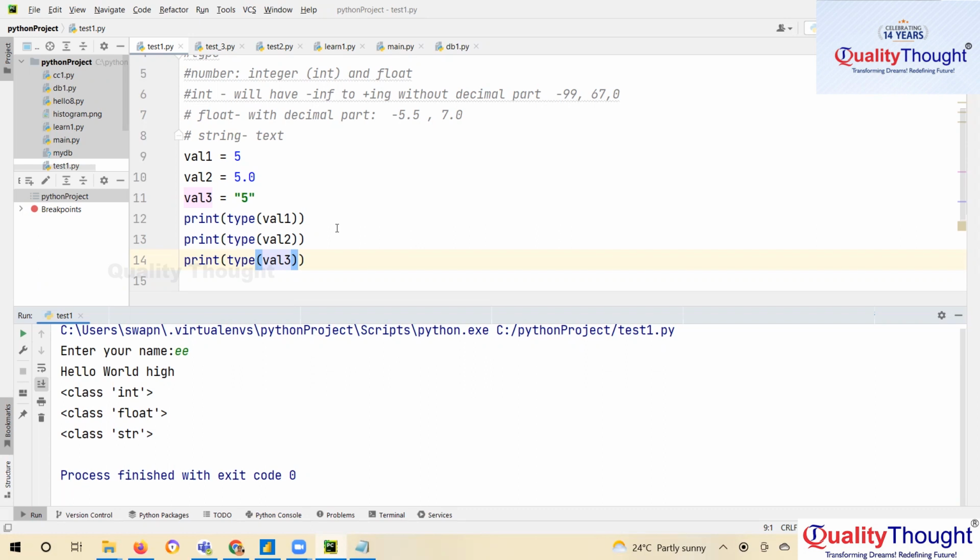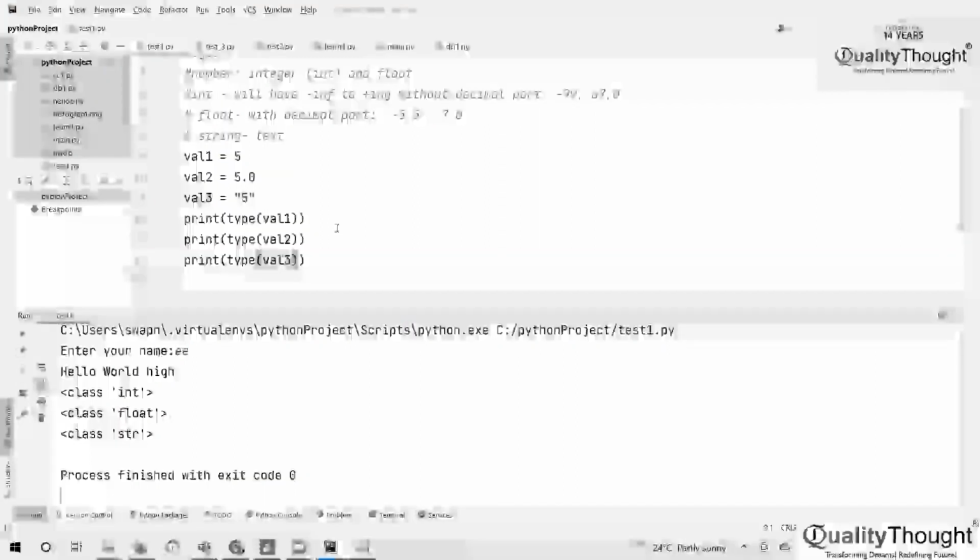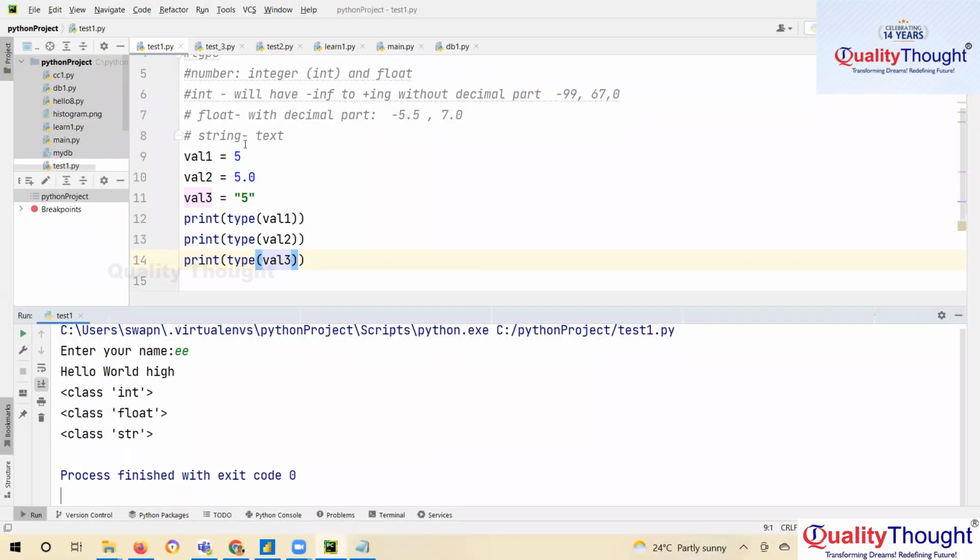So you can use multiple functions. Now we know 3 functions, right? Print, input, and type. There's one more data type. We call it Boolean. Now see here, 5 without decimal is an integer. 5 with decimal becomes a float, and 5 in quotation, where in quotation you can put anything, is a text. The fourth type of